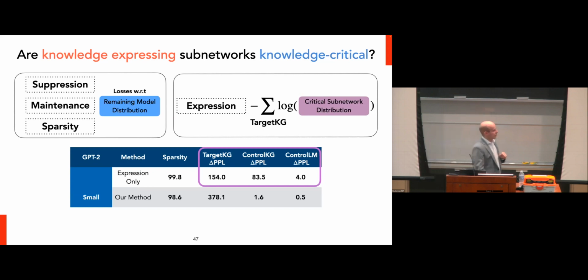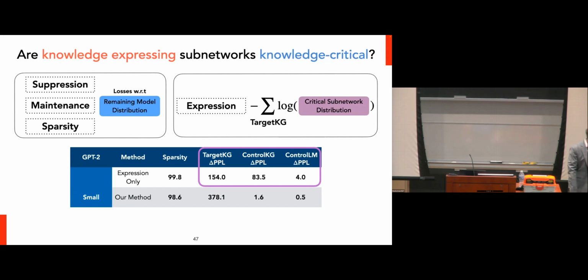What was interesting is that when we removed these subnetworks, it actually did follow the properties that we wanted. So if we remove, let's say, a very sparse subnetwork that's just very good at expressing the sentence, a cafe is a type of restaurant, the delta perplexity on the target knowledge jumps by around 154 points, which in this case was a doubling factor. So removing some subnetwork that is really good at giving a high probability to a cafe as a restaurant, the rest of the model has trouble expressing a cafe as a restaurant.